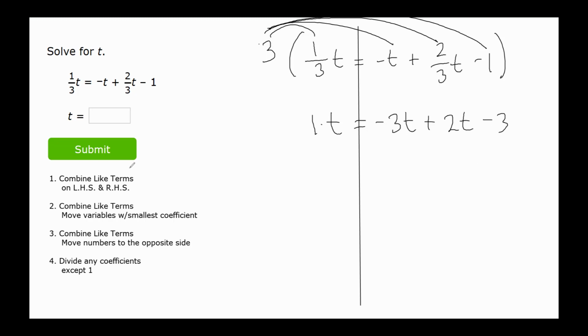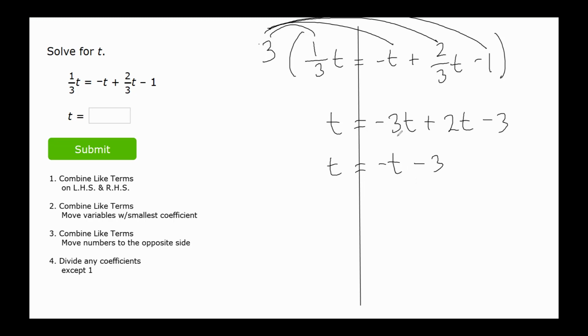So then now we look to see if we can combine like terms on the left-hand side. We have a 1 and a t there. And again, when 1 is the coefficient, we usually don't write it. So I'm just going to erase that. On the right-hand side, we have multiple t's. So we can combine those terms. So we have t equals negative t